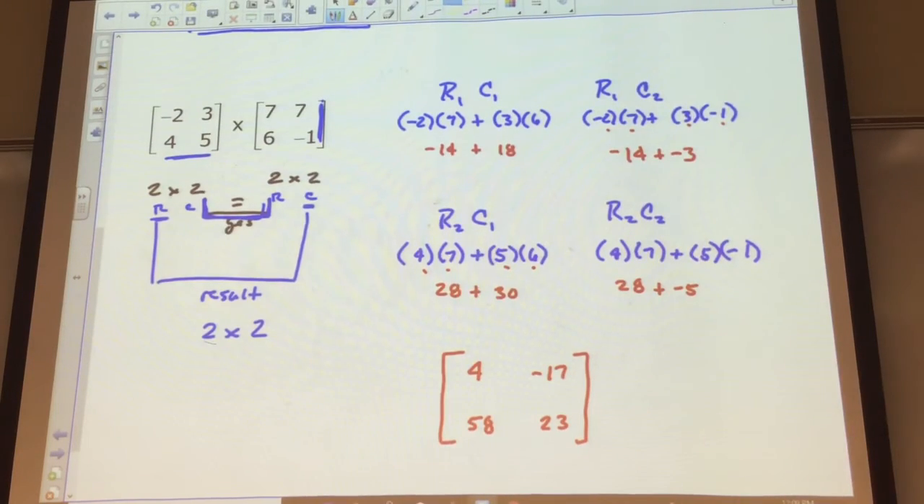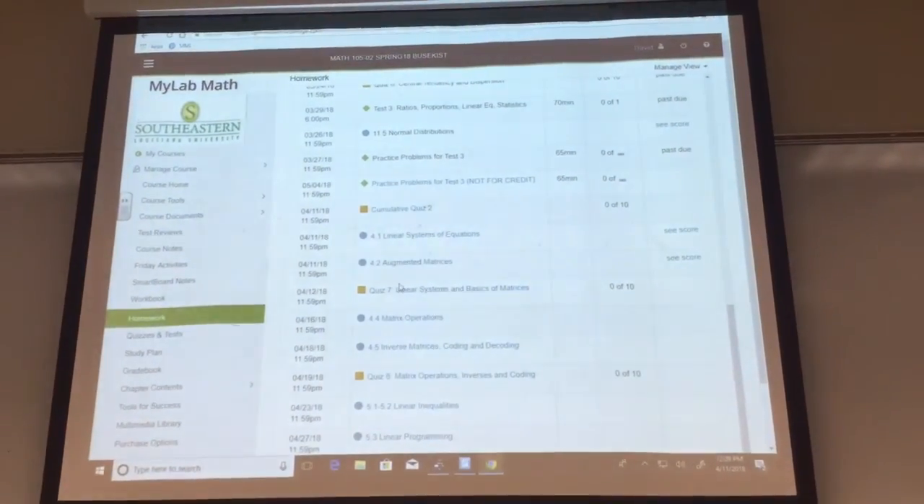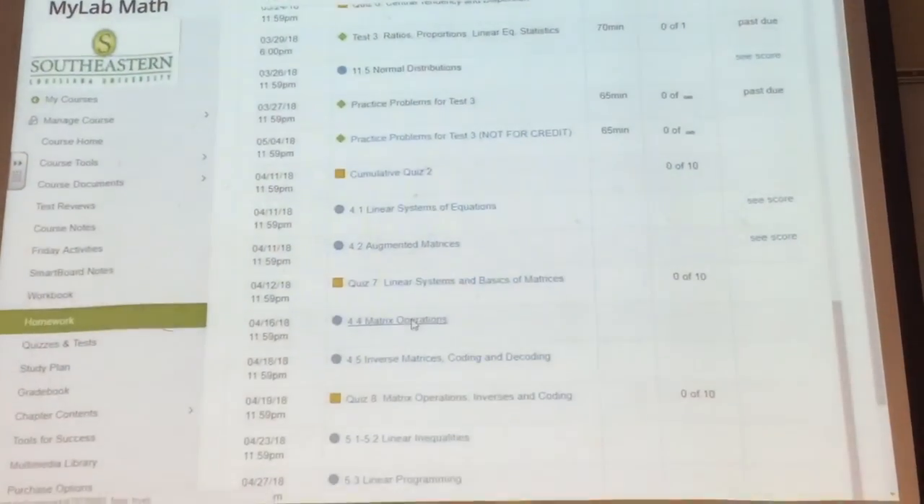So let me show you the other thing that I have to do before we leave this particular set, because that's almost the last one that was there. When we look at matrix operations,